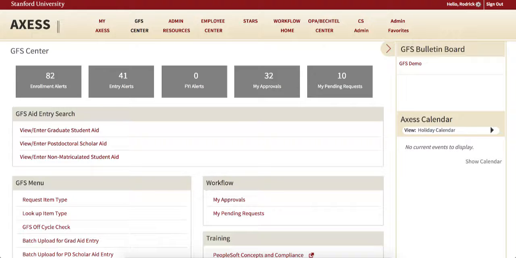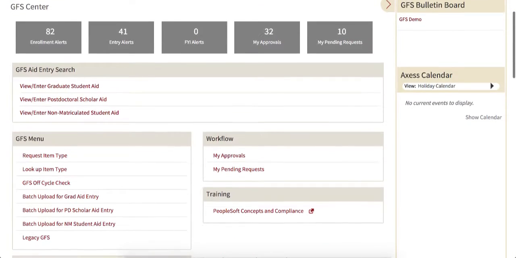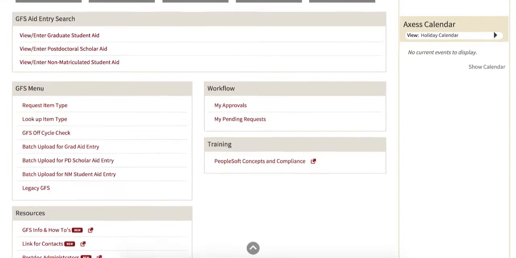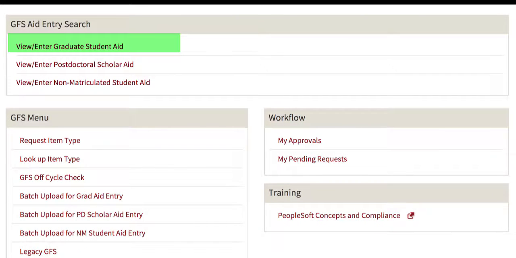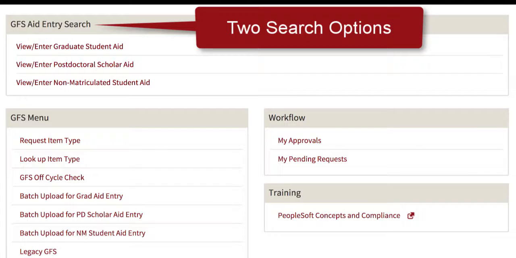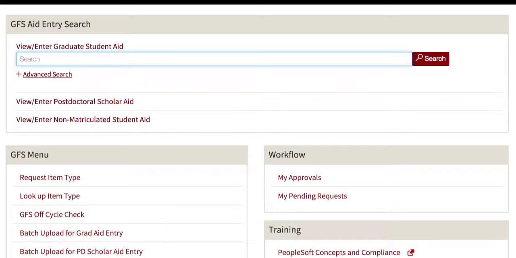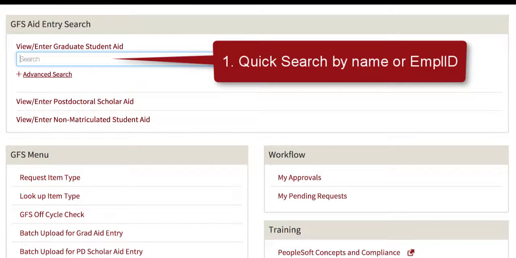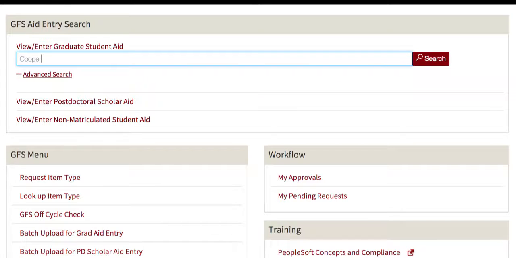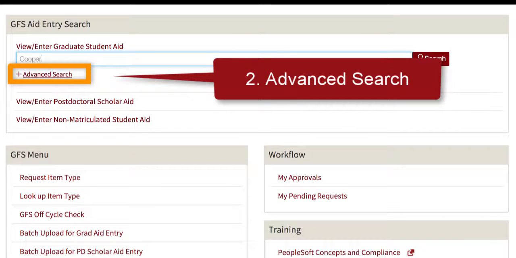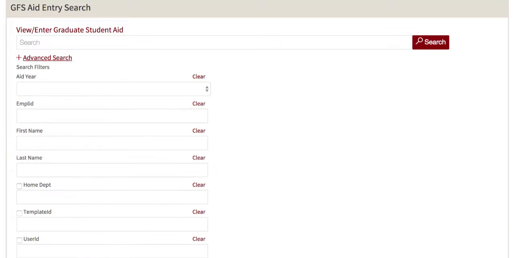Moving down the page, next you will find your primary entry point to view and/or update financial support for your grad, postdoc, and non-matric populations. There are a couple of different ways that you can search. First, click on the population, grad, postdoc, or non-matric that you wish to search. You can use Quick Search to search by name or EMPL ID, or use Advanced Search to search by multiple search factors including aid year